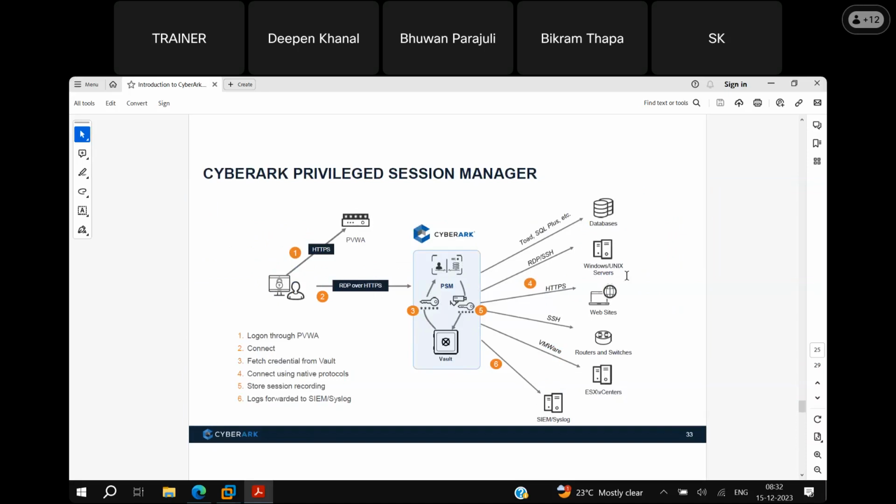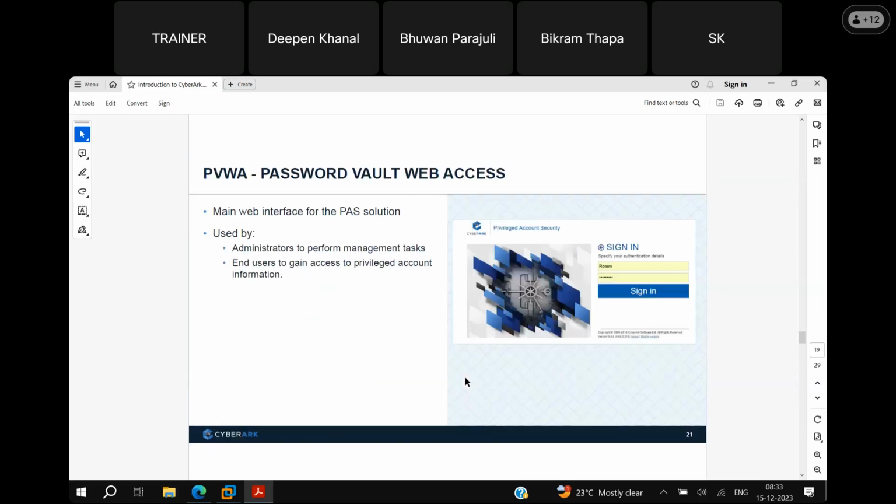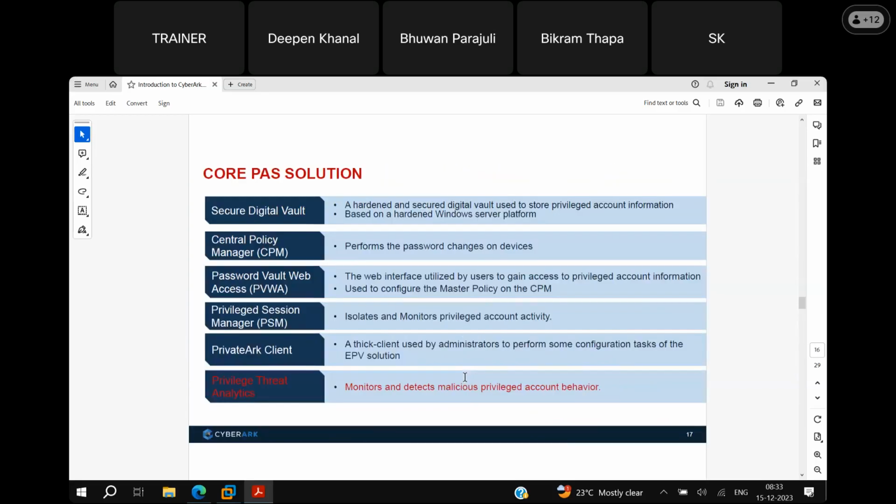Instead of direct RDP access, this PSM server acts as a jump server in CyberArk. I was wanting to see the abbreviation and a one-line definition for each abbreviation. Yeah, that's this one: isolates and monitors the privileged account activity. Okay.